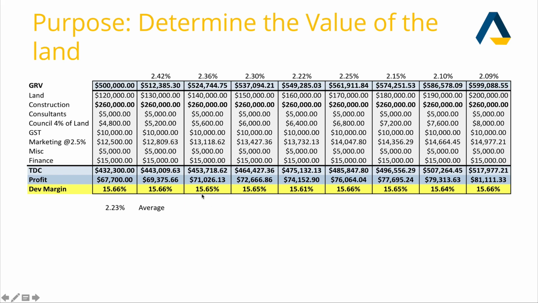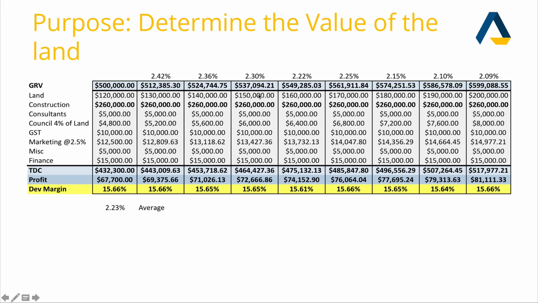If I want to do that, I will need to sell the product that I have developed, the townhouse or the apartment, at 524,000 instead of 500,000. That means every time I'm paying $10,000 more for land, and I still want to maintain the same amount of development margin, I will have to sell it for a lot more than what it is now. More often than not, this is not in your control, because this is the market price set by the market. So we have to be very, very careful, and remember this,